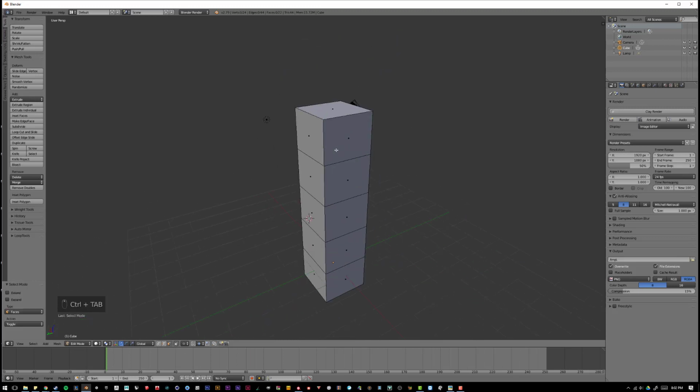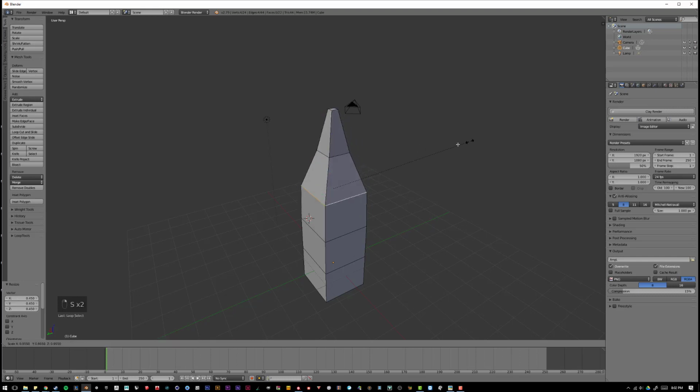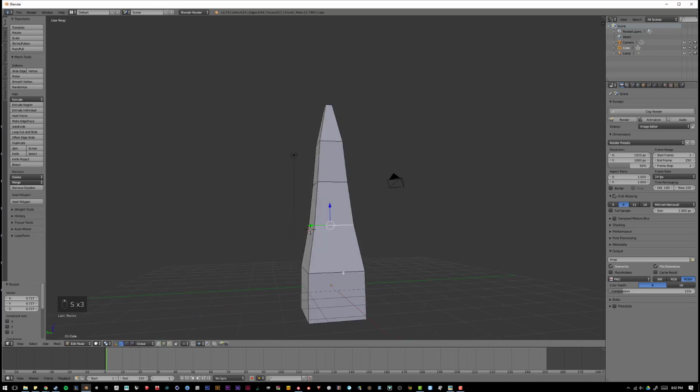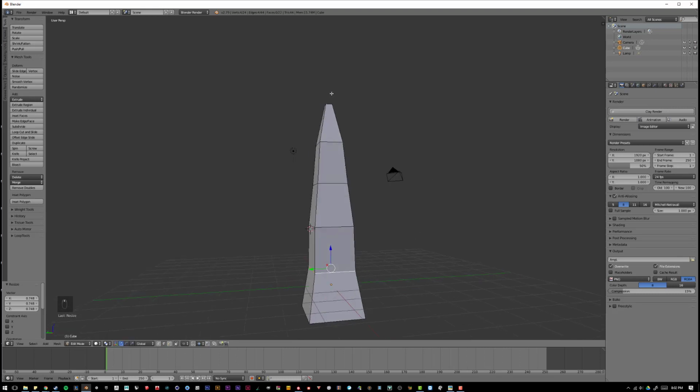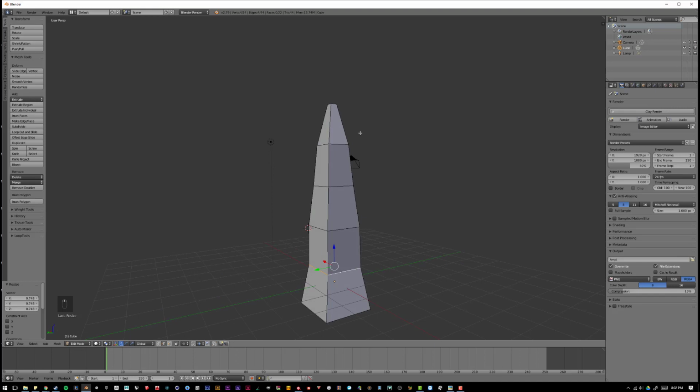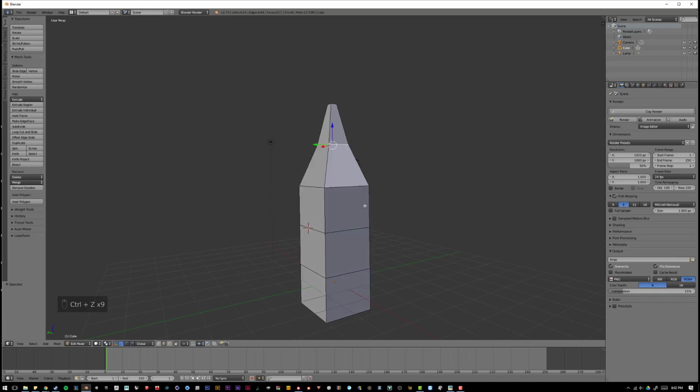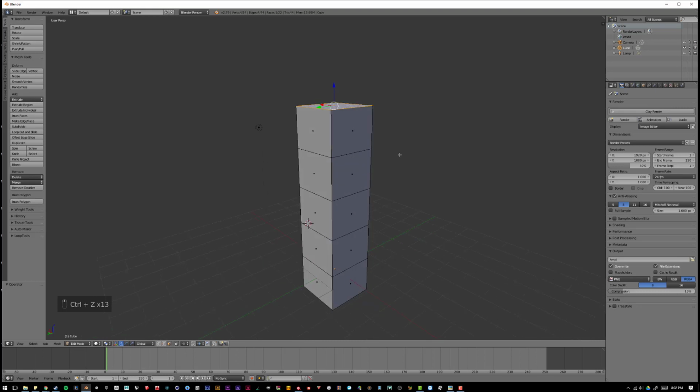I go to my face and scale it in and try to taper this down. Well, I have to go to each loop cut, select it, and scale it, and the results are a little choppy. You don't have a very consistent taper up to that point. So if I undo that, what I'm going to want to do instead is use proportional editing. So if I hit O on my keyboard,